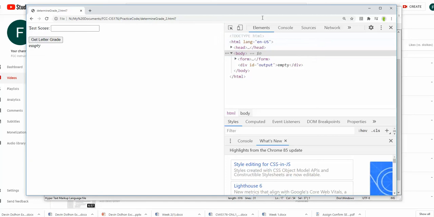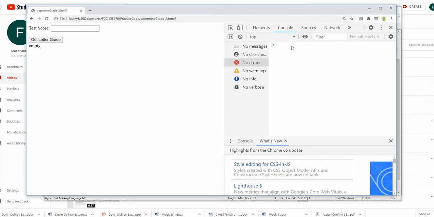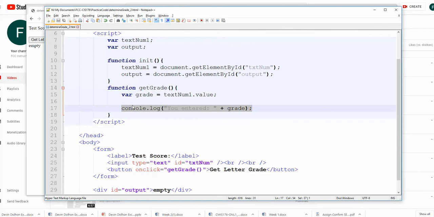So there's several ways to open this. And you'll notice that when this opens, we have these tabs here. It's the Elements, Console, Sources, Network. I want to go to Console. And now really what I'm seeing here, this is the console. That console is going to log information to